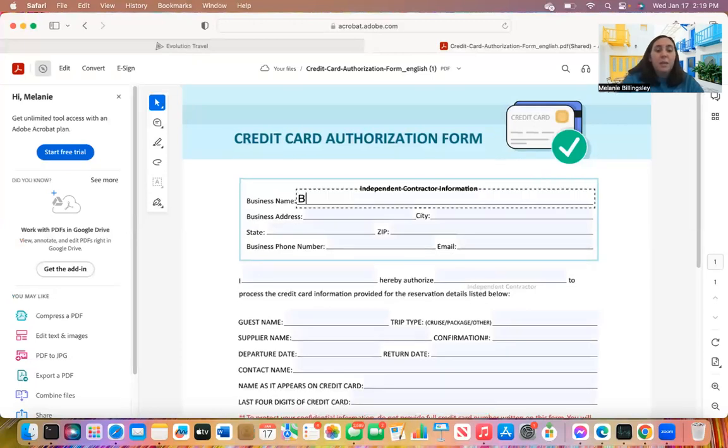So this is going to be your information. You actually need to put all of your information. So put your address,